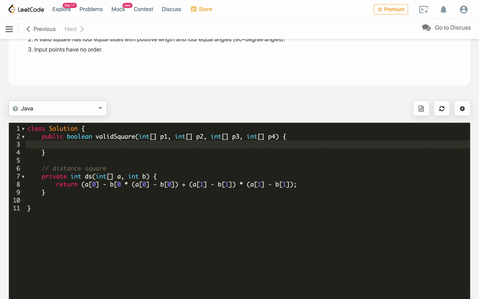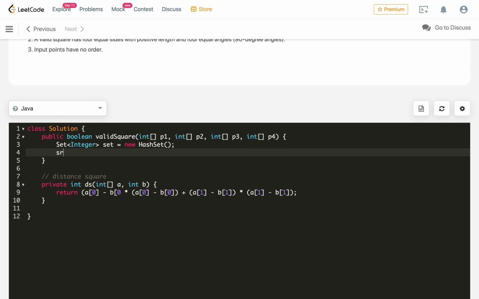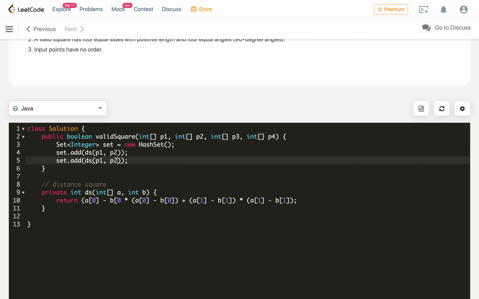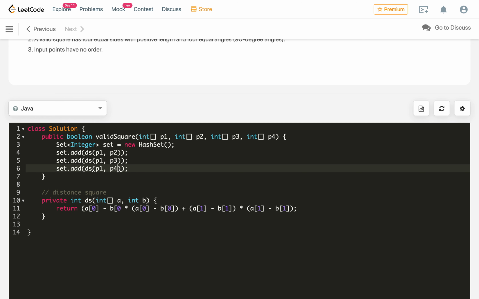Then we will make use of the distance square and construct all the pairs of values and add them into the set. So we will use a Set of Integer, set equals new HashSet. Now we will call set dot add with the distance square of P1 and P2, then P1 and P3, and P1 and P4.